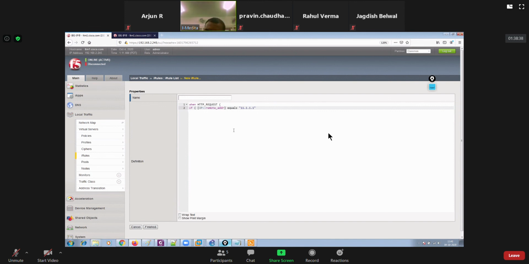And then if you want to match your port number as well, first close it, and thereafter say and, start again, then say TCP local port closed equals, thereafter that's the destination port, which was 80.